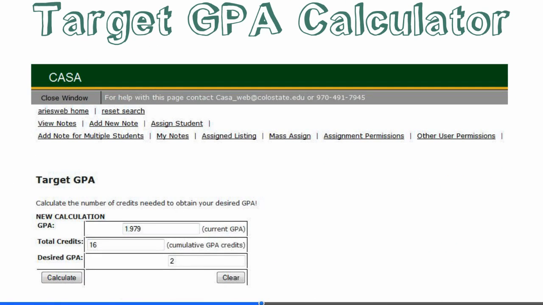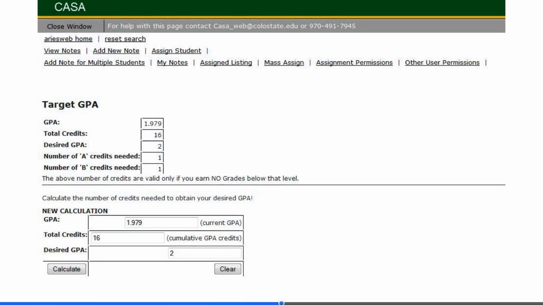If you want to know what types of grades you'd need to earn in order to reach a certain GPA, you can use this Target GPA calculator. When you open up the tool, you will type into the box next to Desired GPA just that, the GPA that you would like to have. In this case, we want to see what a student needs just to reach a 2.0. This tool doesn't need the point 0, so we only enter a 2. If you wanted to know what it would take to get a 2.5, however, you would enter 2.5 in the box. After hitting calculate, this screen will come up.